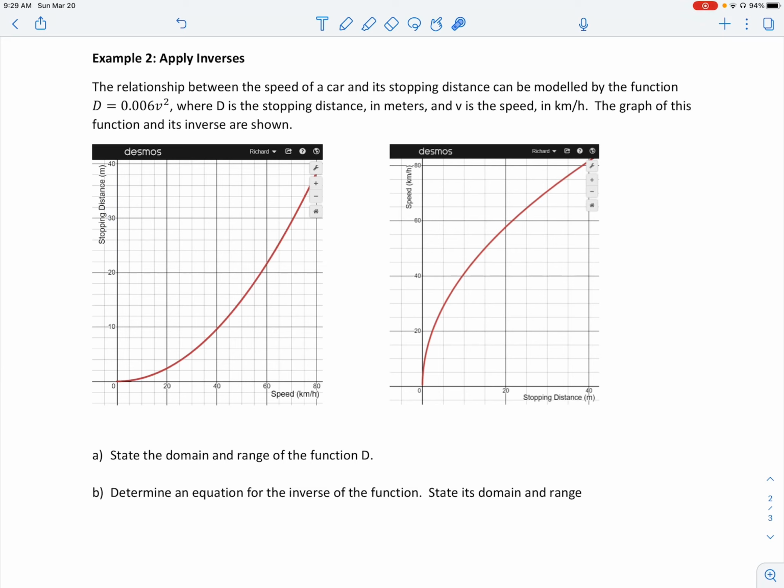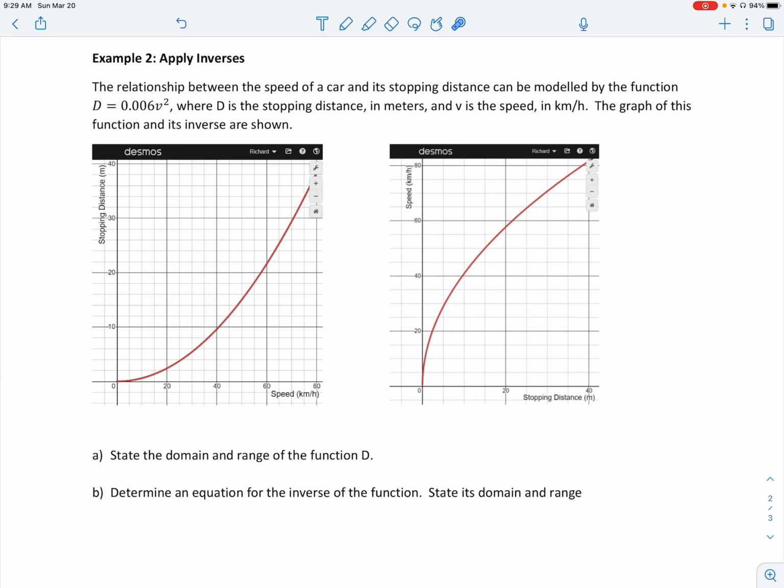So if you're going 40 kilometers an hour, your stopping distance is 10. So that's the minimum stopping distance you could have if you're going 40 kilometers an hour for this vehicle. Okay. Stopping distance will depend on how well the brakes are made, how good the tires are, and even the conditions of the road. But if all of that is perfect for this vehicle at 40 kilometers an hour, this is the minimum stopping